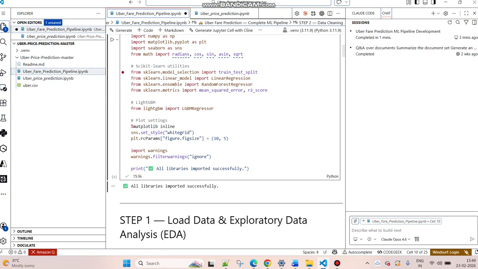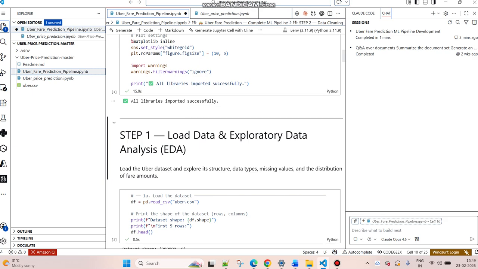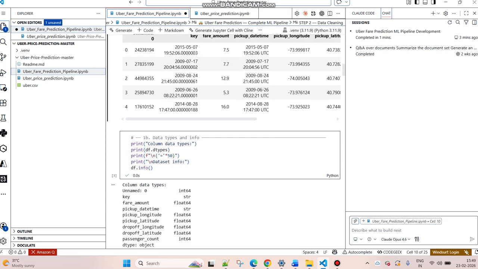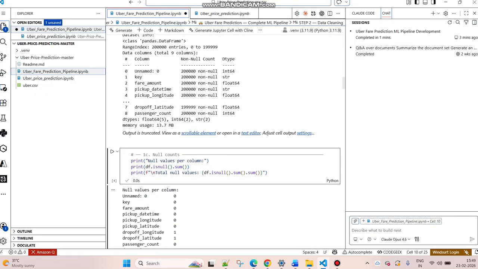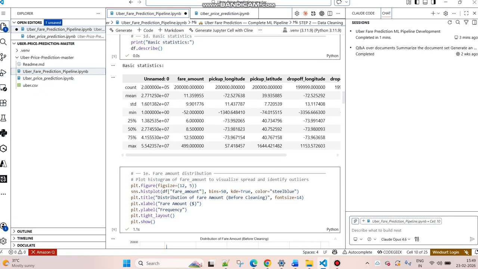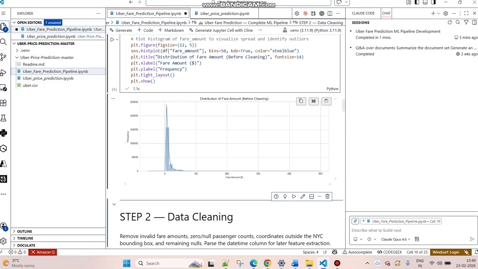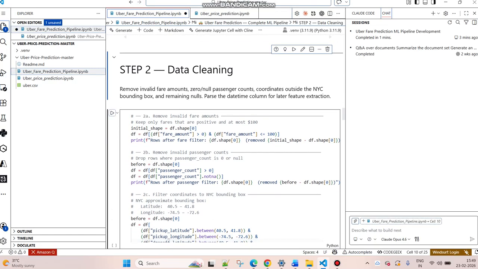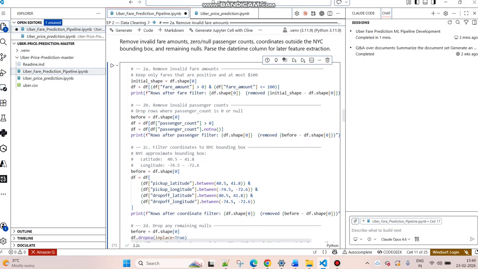Okay, so see, all the libraries have been imported successfully. In step 2 it has uploaded the CSV file, and then data types, information, all those things. And even if you want it in report format, it can do that. This is basic statistics. This is histogram, distribution of the fare amount. This is before cleansing. After cleansing, it's removing the invalid fares and coordinates outside the NYC bounding box,